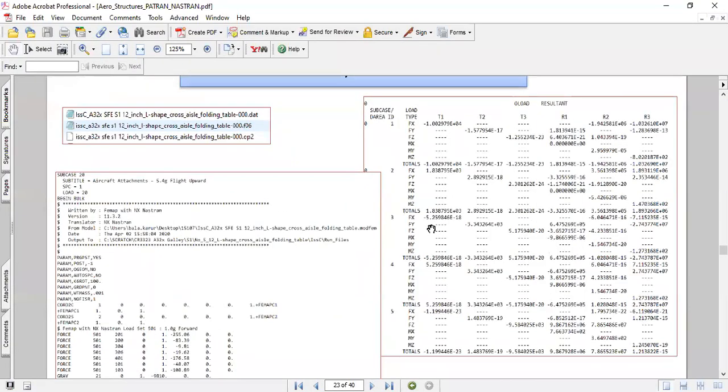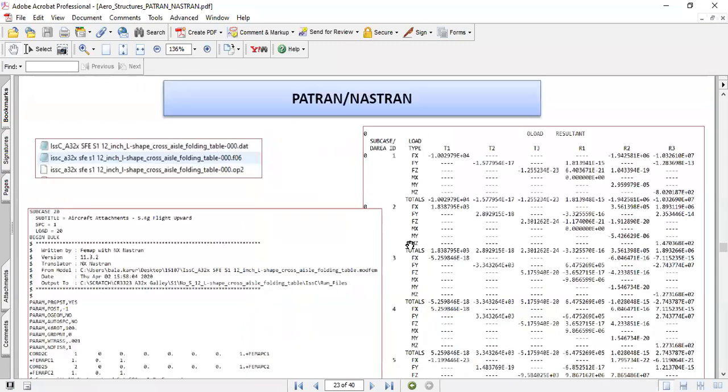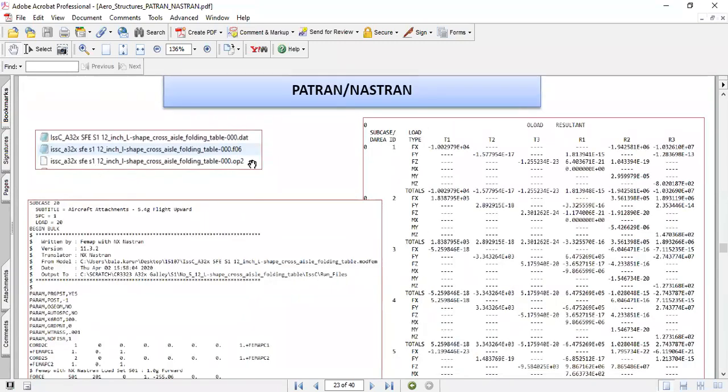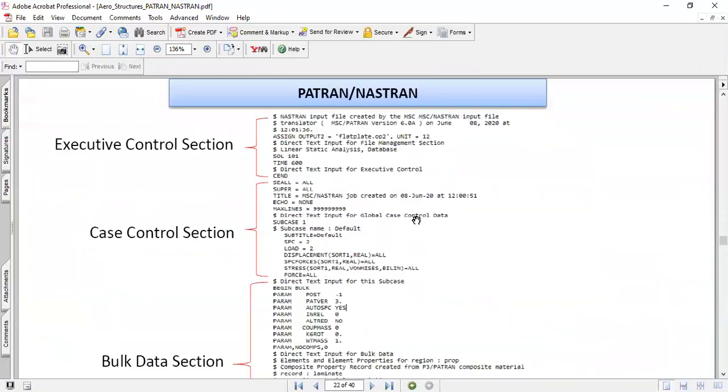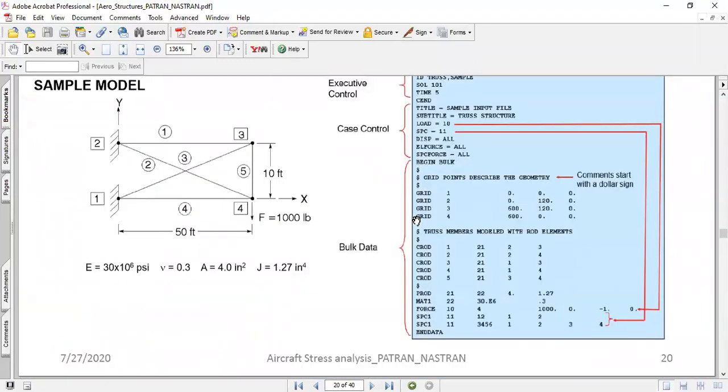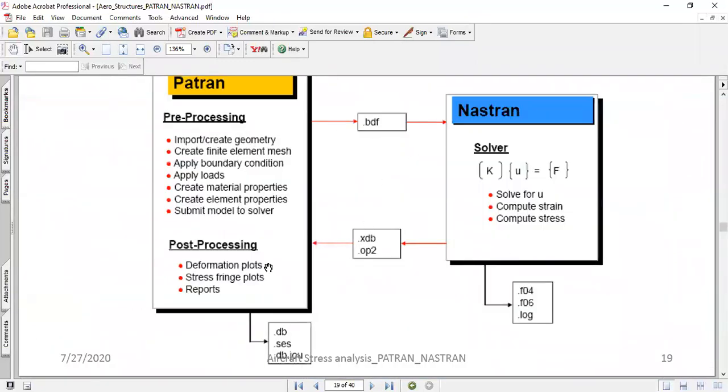So I'm over here on this slide. The dat file is the BDF file; I have converted it into a dat file in order to edit it in the text editor. Whereas OP2 and F06 are the files that come out of the solver.